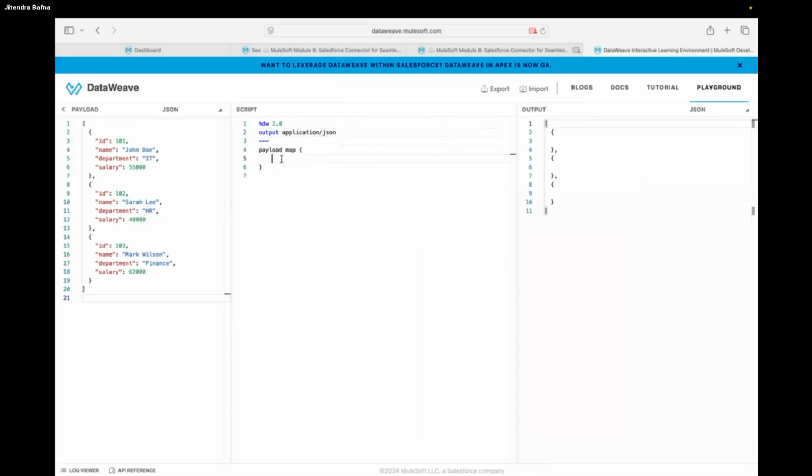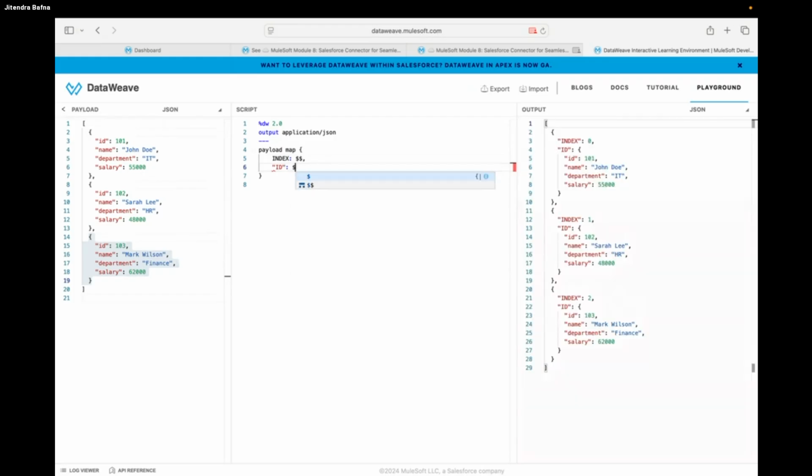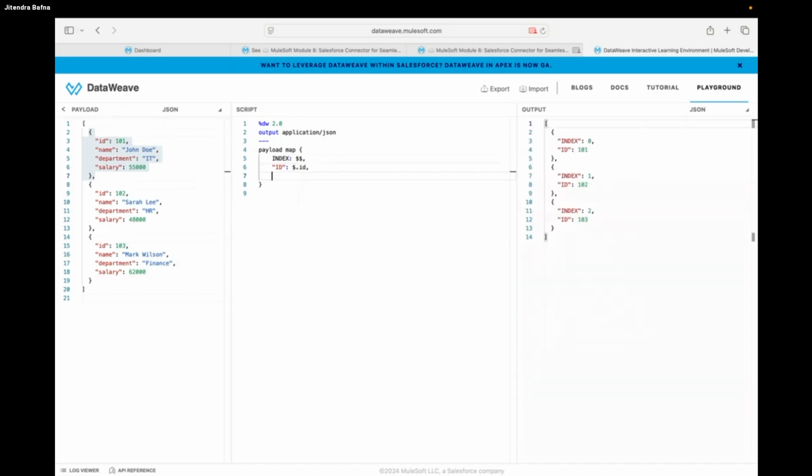Okay. So I can just say index, because here you can see that if we use the double dollar, it can read the index 0, 1, 2. So this is the zeroth index object, this object the first index, this object the second index, right? So I will just write a capital INDEX, comma. Now I can write ID, which I can read using dollar. If I say dollar, it will read the whole object. But I just want to read ID, so I can just say dollar dot ID. Same thing,